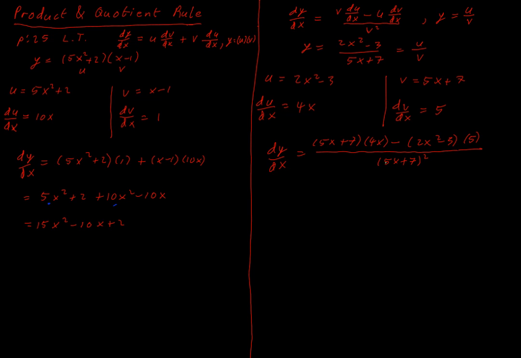So this is what we have. All of the differentiation is now done. This is the function that gives us the slope of the tangent to this curve at different values of x. So all we have to do now is simplify that down a little bit. We don't want to leave any brackets or anything lying around. So we end up with 20x squared plus 28x